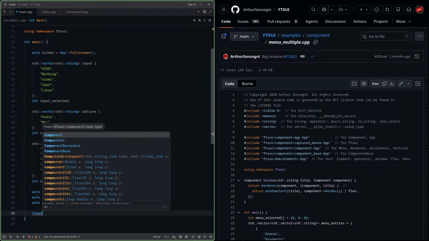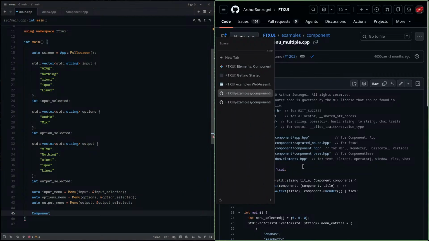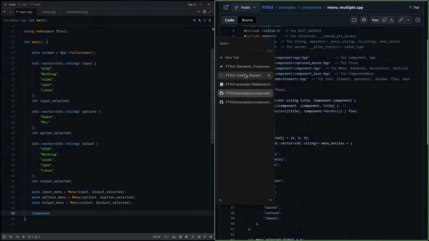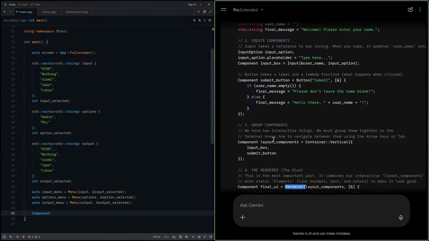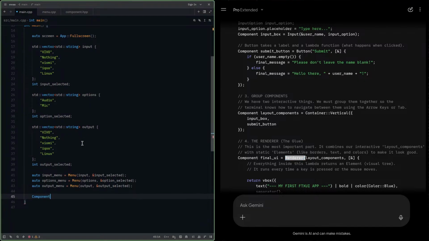Now what I'm going to do, I will create a component just like here. We created a component, this layout components. We have two interactive things. We must put them together so that terminal knows how to navigate between them using arrow and tab key. So now we're gonna combine these things with the same command. Layout components